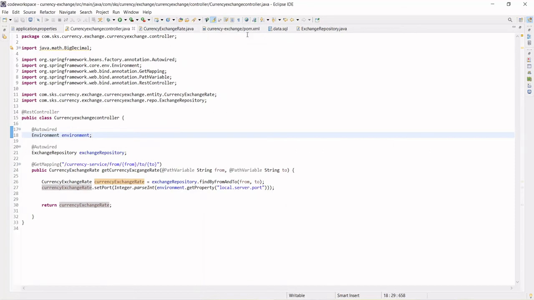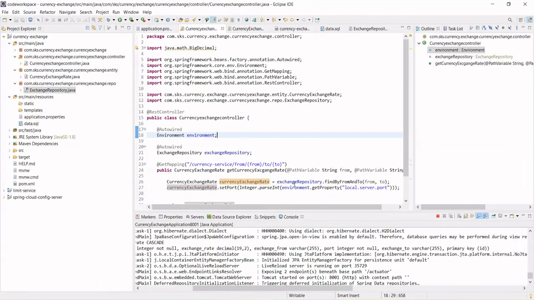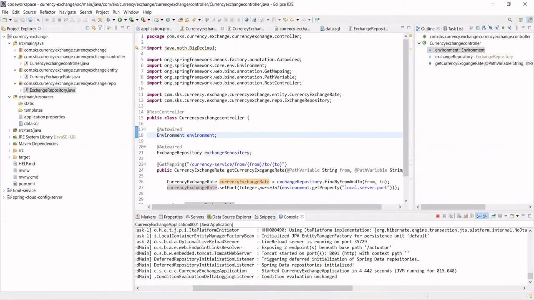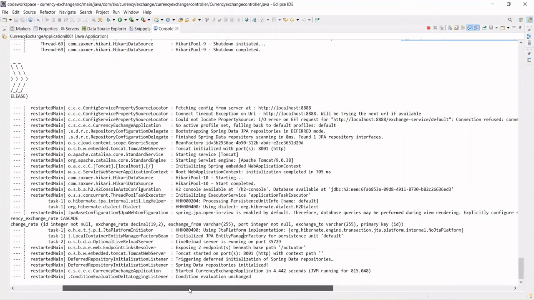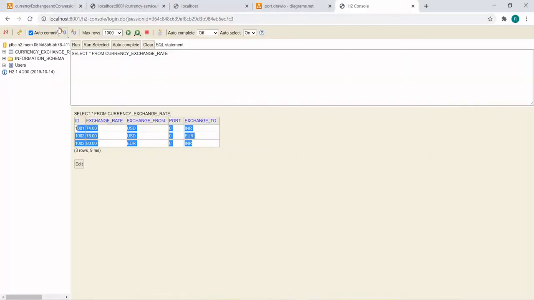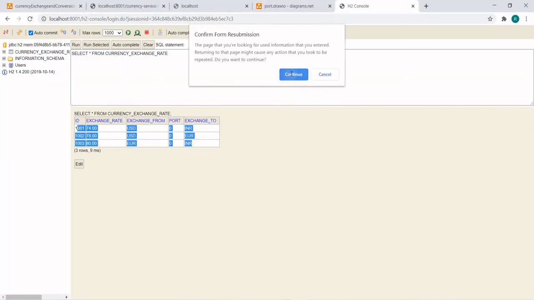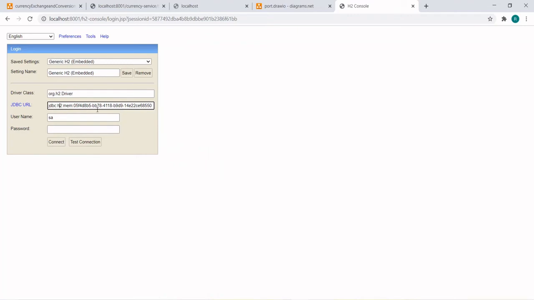Save this. Go to the console and see if it has executed correctly. Go to the console and see this has got executed. Copy this again, because each time it is uniquely generated. Go here, refresh this, continue, it will come again, and paste here.